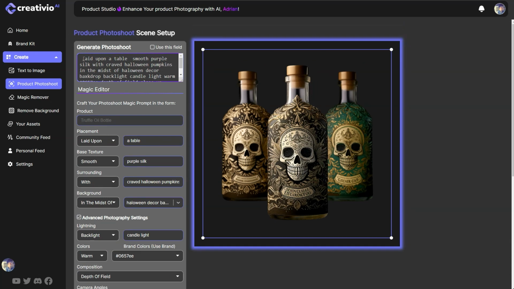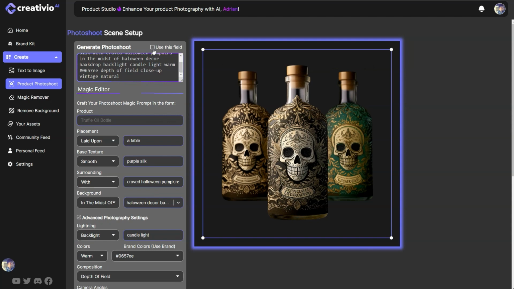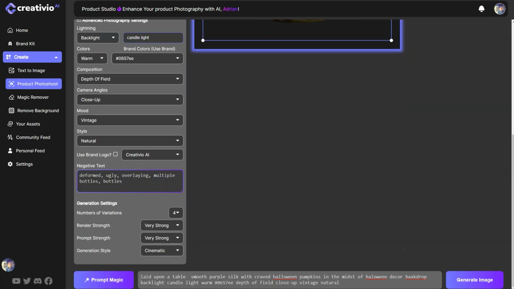And if you want to use this, you should tick this. But since we have some mistakes over here, I'm just going to copy this text and use it over here. Make sure I don't have this ticked. All right, so it's not going to use this prompt. I'm just going to scroll over here, and I'm going to enhance my prompt manually. So I'll say in this